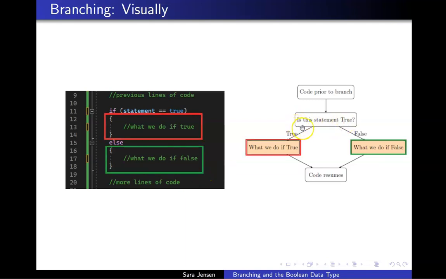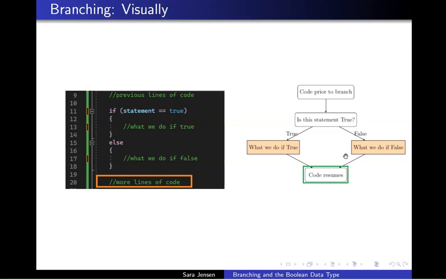Conversely, if when we ask this question, is the statement true, the statement's not true, in other words, it's false, then the code that's going to be skipped is all of the code between these two braces, between lines 12 and 14, and it will not be executed when we run the program. Instead, the code inside the braces between lines 16 and 18 will in fact be the code that is run in the event that the statement is actually false. And no matter what branch we follow, flow of control resumes on line 20,